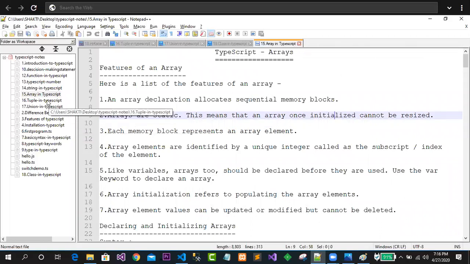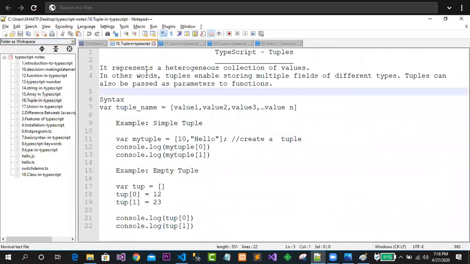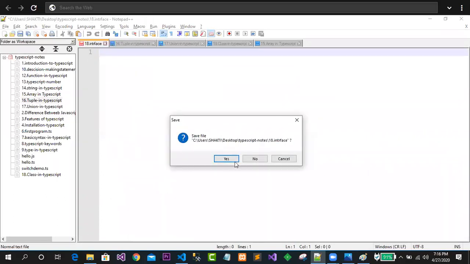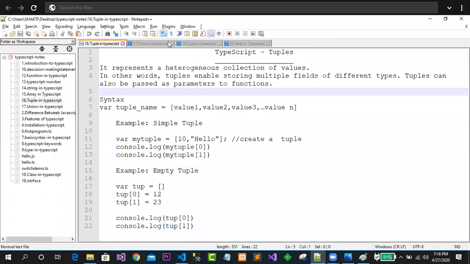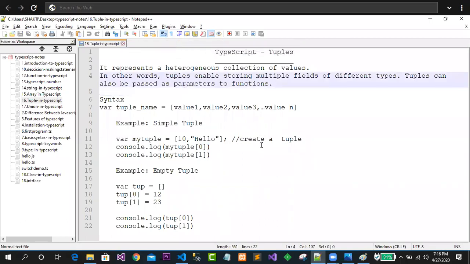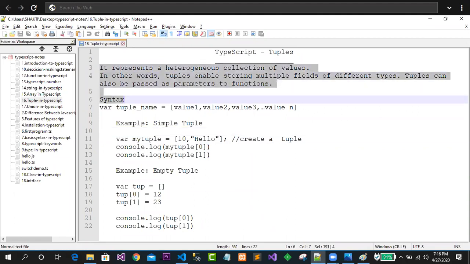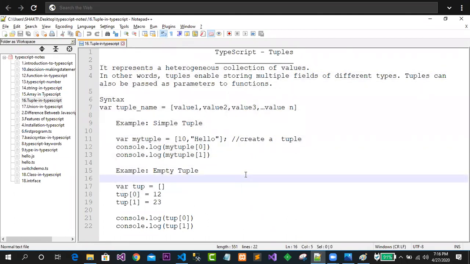Okay, now we will try another concept. This is chapter number 16, and it is telling what? This is called tuples. So what is the meaning of tuples? Tuples is not a big concept over here. But what do tuples tell us? In JavaScript, an array usually contains any kind of data. Here it was the same thing. This is called a tuple.